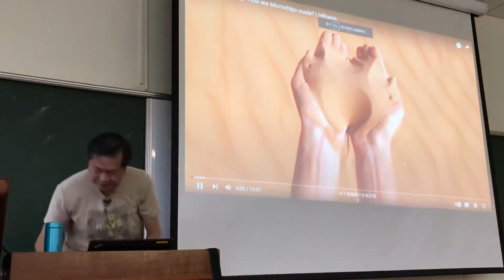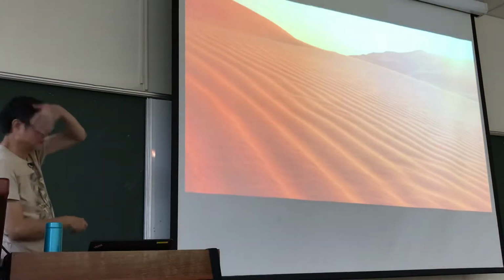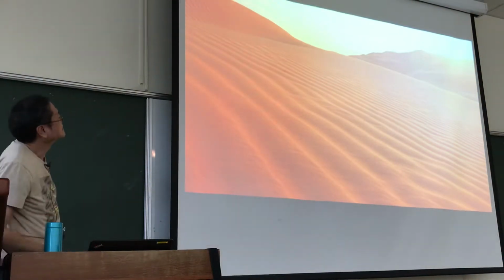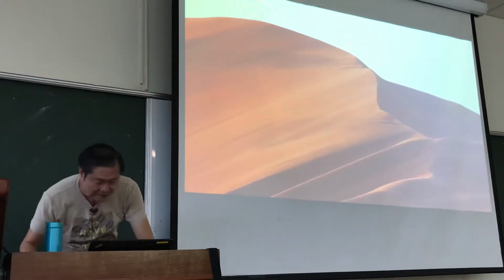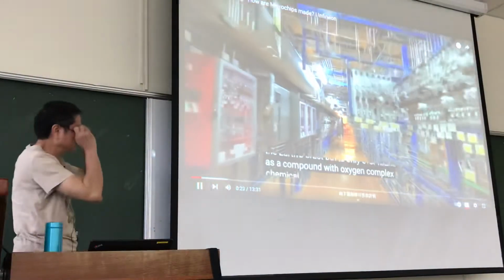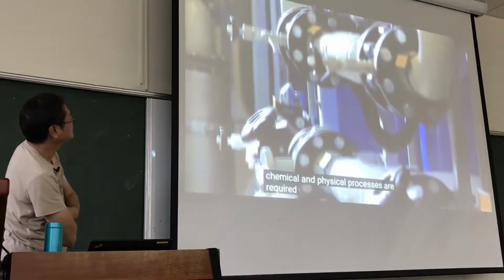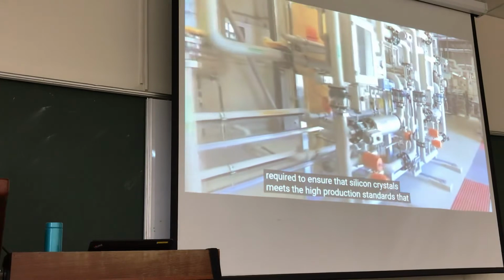All chips start out with a very simple raw material, sand. Sand is primarily made up of silicon dioxide, or silica. Silicon is the second most abundant element in the Earth's crust, but is only ever found as a compound with oxygen. Complex chemical and physical processes are required to ensure that silicon crystals meet the high production standards that apply to